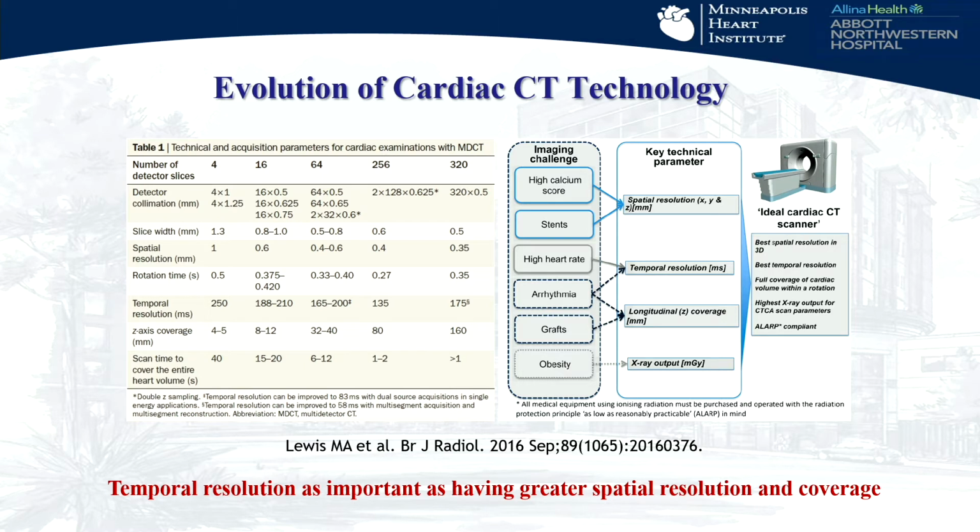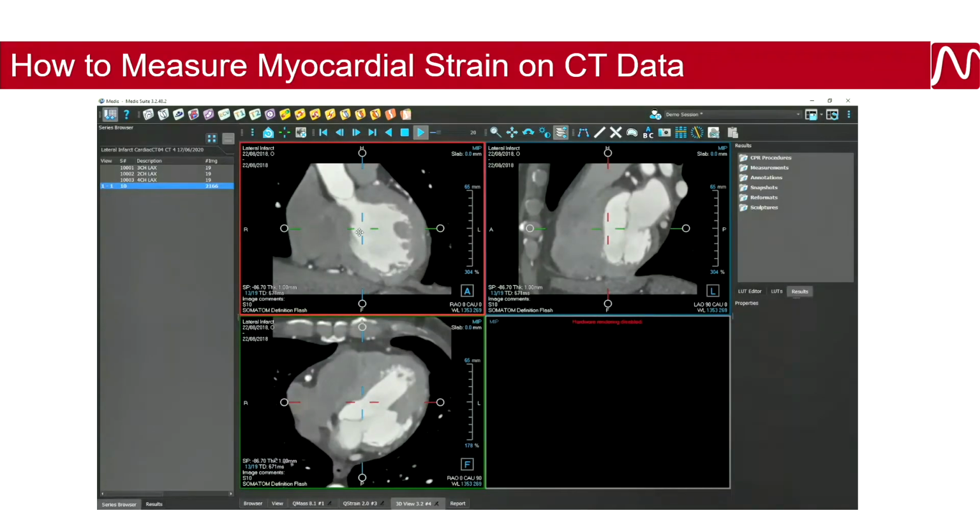You got to have a good scanner. It's important to have good temporal resolution, particularly if we're going to do that, obviously, in patients that have cardiac arrhythmia, patients that have valvular heart disease, and obviously have a capability to have a good Z-axis coverage. Now, during the strain